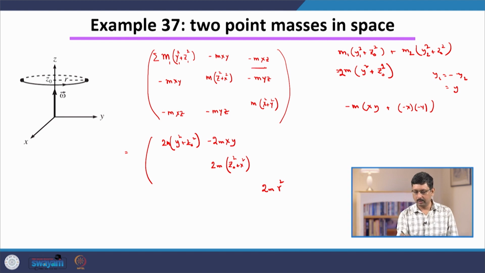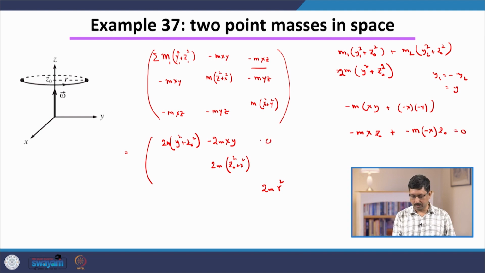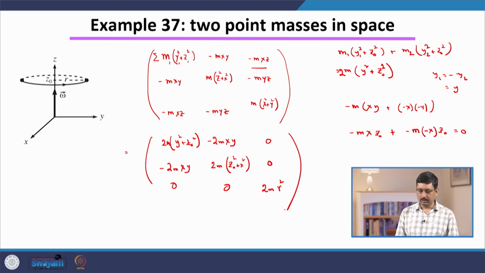But if I look at this term, this is minus m x z naught and minus m minus x z naught. So, only x changes, z naught remains the same. So, this must be 0, and by the same argument, the terms containing only z and some other coordinate, all of them should be 0. If this term is 0, by symmetry this is 0, this is 0, this is 0, and this will be 2 m x y. So, this is going to be our